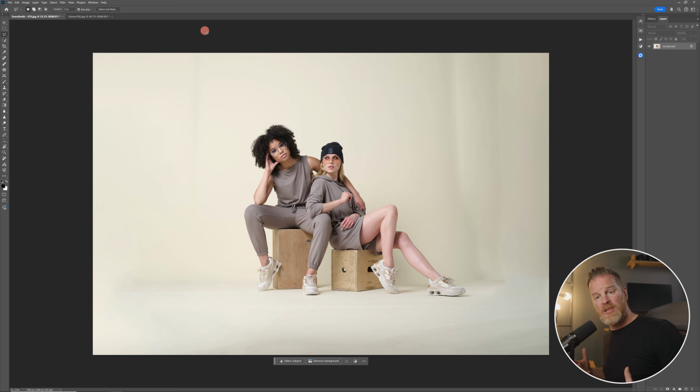So yes, of course, I can go and I can take my healing brush and my clone stamp and I can go through and I can spend time perfecting the image, but it's just a process that adds more and more time to my retouching. And it's just something that I don't enjoy doing. So I'm going to show you now in Evoto AI how I can do this in about a second and